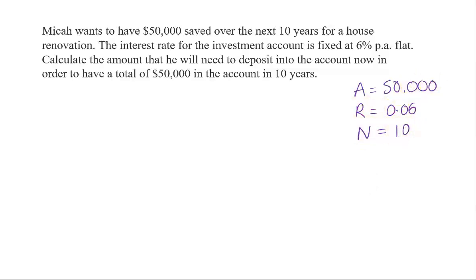We need to know the principal value. I'm trying to calculate the principal for Micah's investment. How much does he need to invest now to make sure he has $50,000 in 10 years' time? So we know that the total amount of an investment is equal to the principal plus the interest that is earned on that investment. We don't know the interest, but we can rewrite interest in terms of principal, rate and number of investment periods